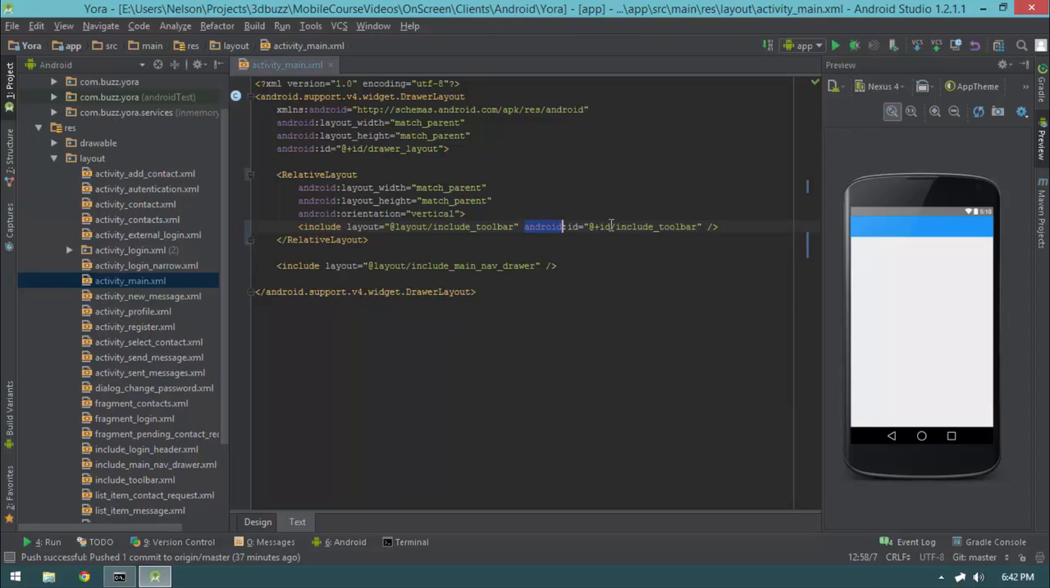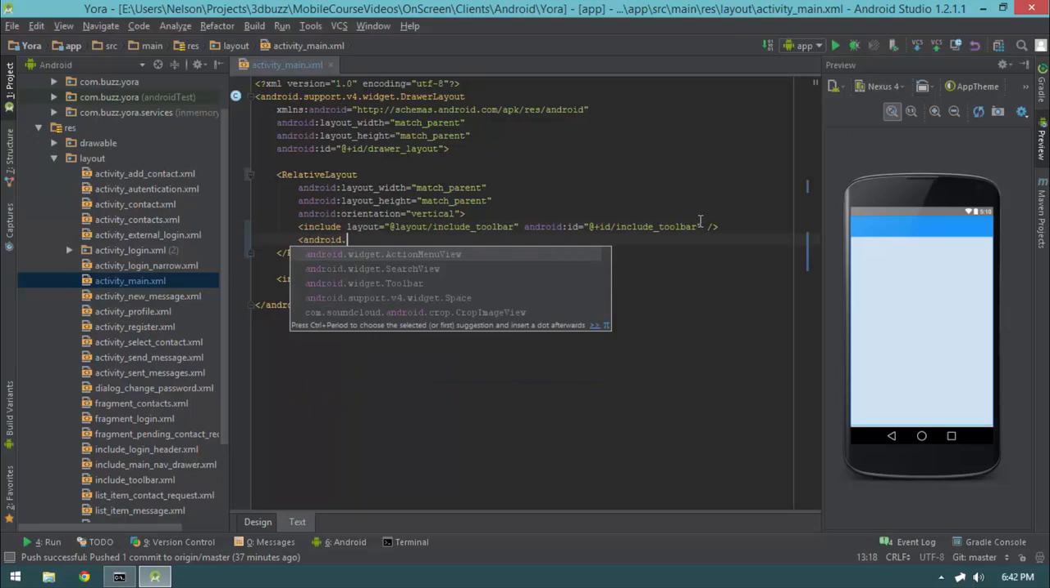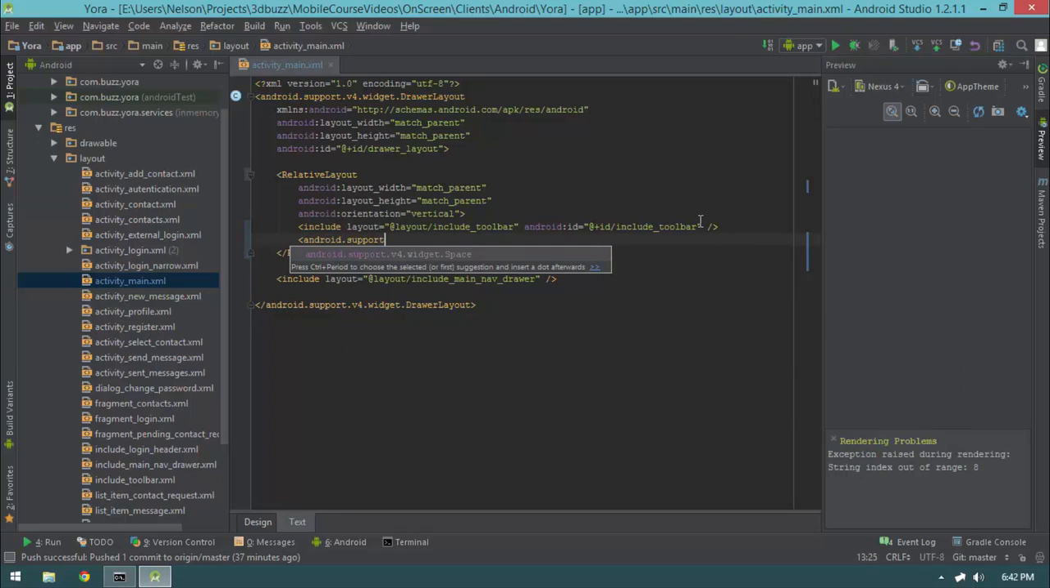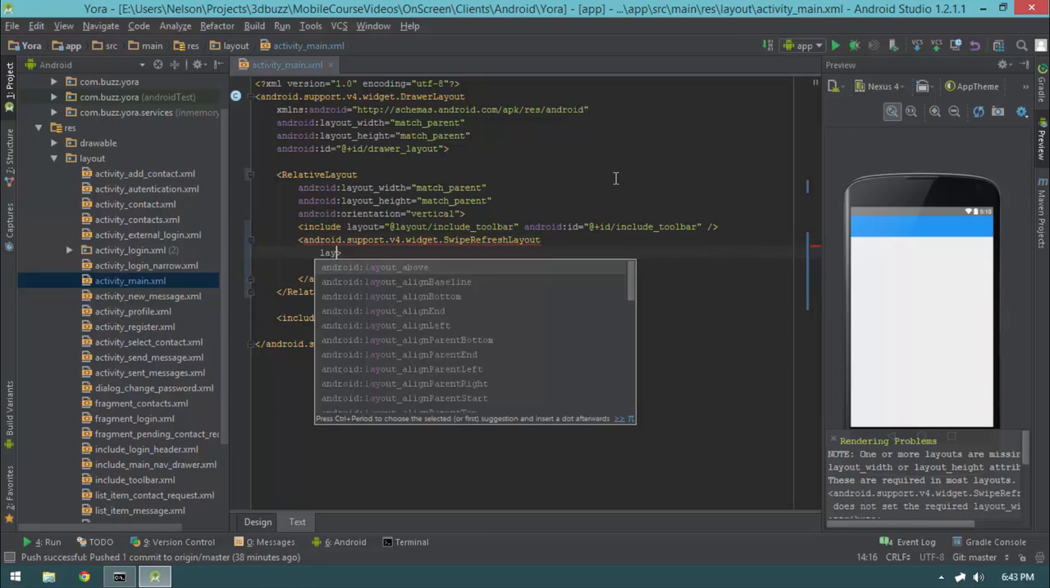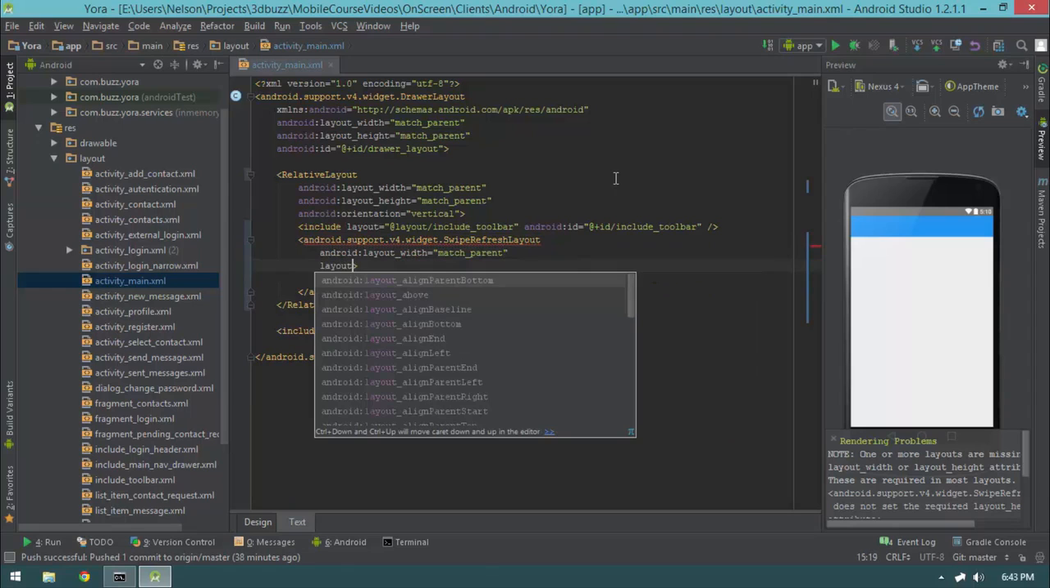I'm doing this so I can reference this ID inside of this file and so that it gets picked up by our existing code. Now I'm going to do something interesting here that you actually haven't seen, so maybe I lied there. Android.support.v4.widget.SwipeRefreshLayout. And I'm going to go ahead and do an opening and closing tag in this. And as far as its parameters go, it's going to have a layout width of match parent, a layout height